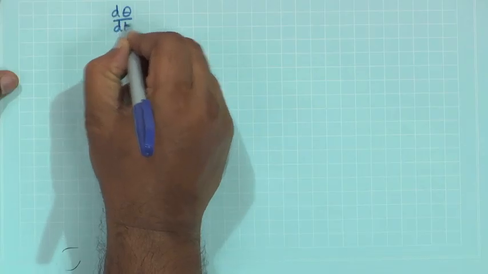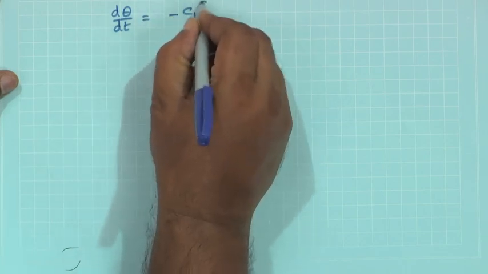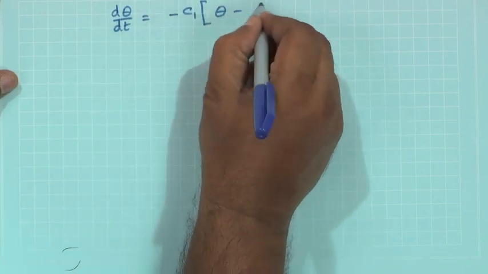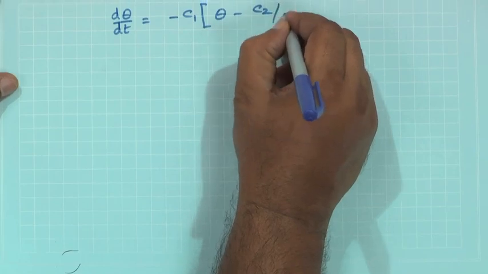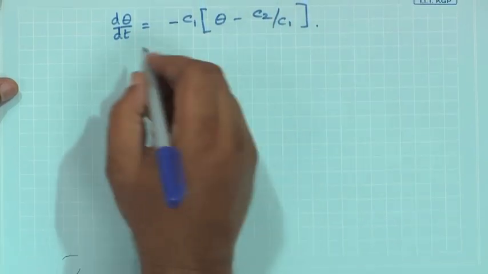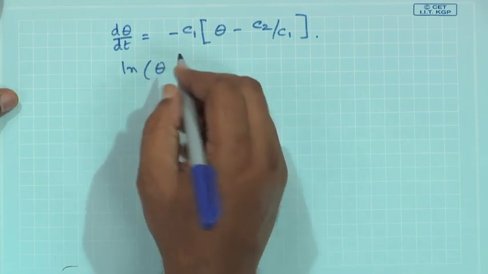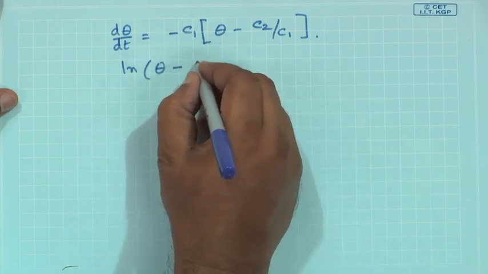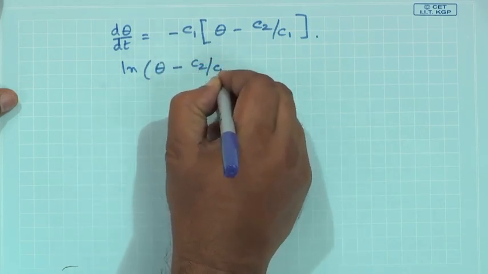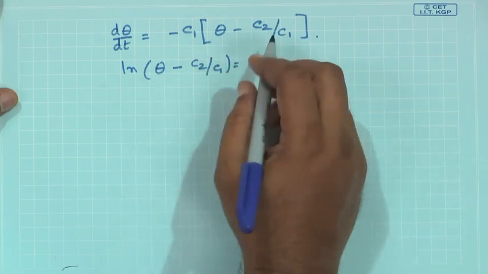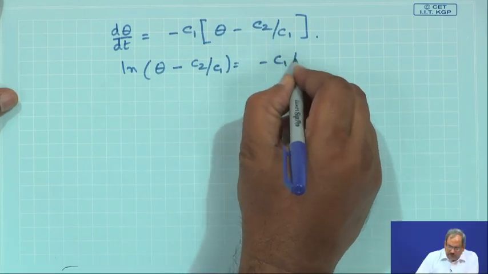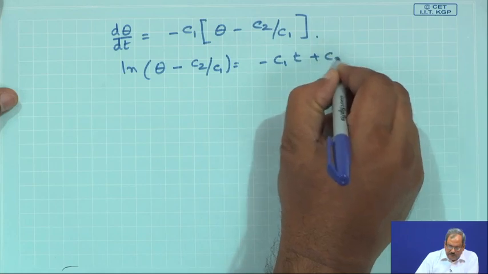And what you would get then is d theta dt would be, if I take C 1 outside, theta minus C 2 by C 1, and on integration you get ln of theta minus C 2 by C 1 equals minus C 1 times t plus C 3,